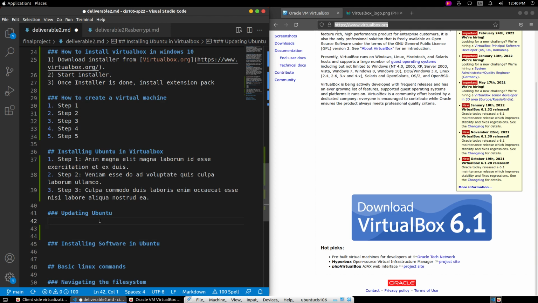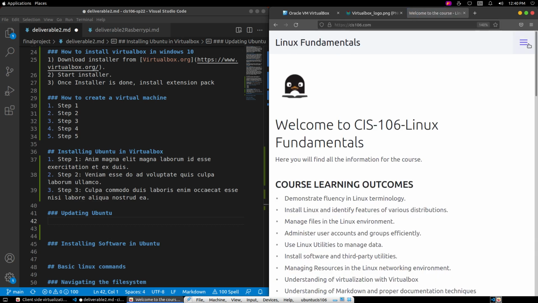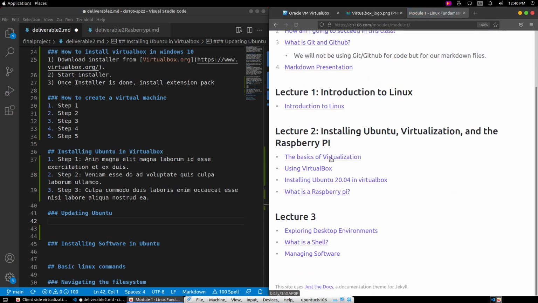Then updating Ubuntu, over here you're going to provide the command used for updating Ubuntu, and you're going to explain the command. Now, here is a tip. CIS106.com, module 1. If you go to the managing software section,